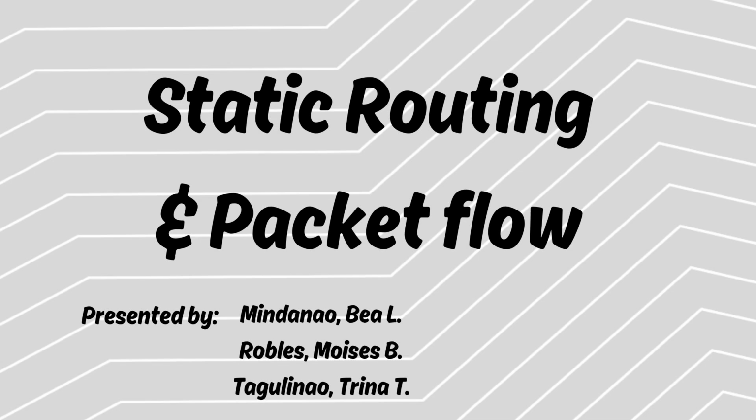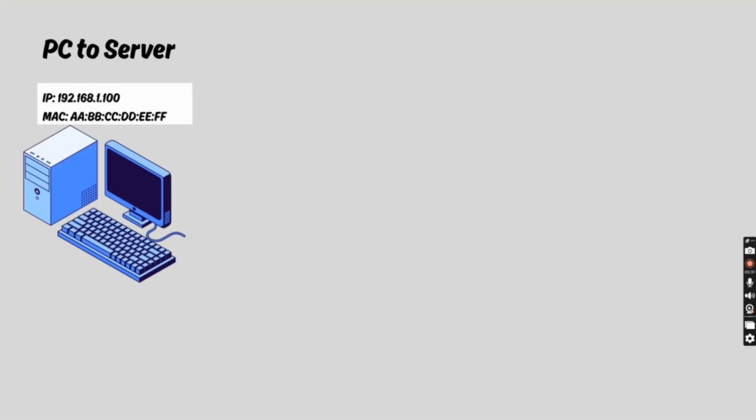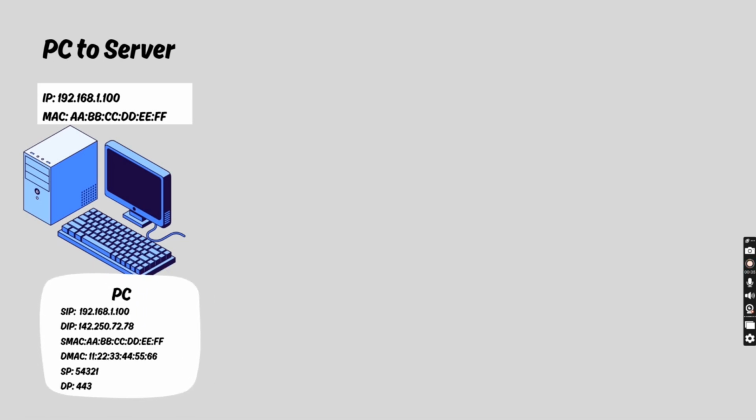Now, let's start with how the PC transfers data to the server. The process begins when the PC wants to send a request to the server. The PC has a private IP address of 192.168.1.100 and a MAC address of AABBCCDDEEFF. The server has a public IP address of